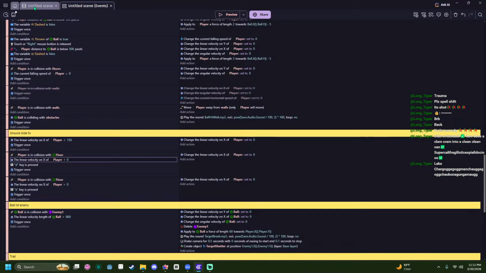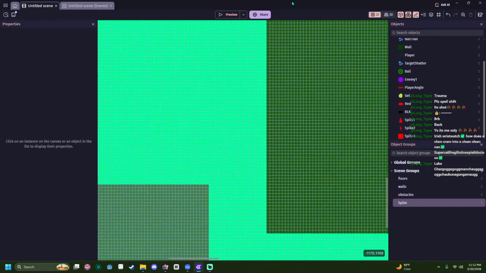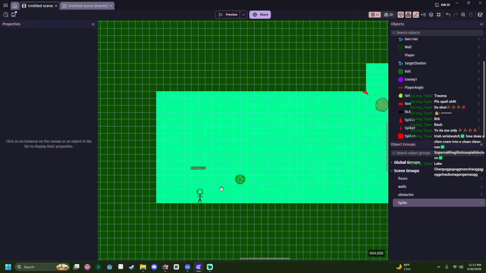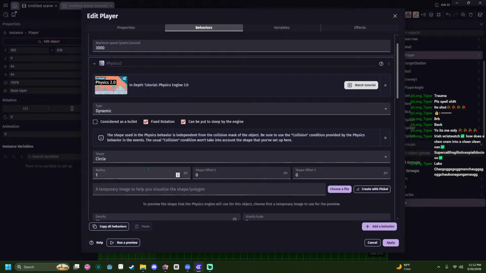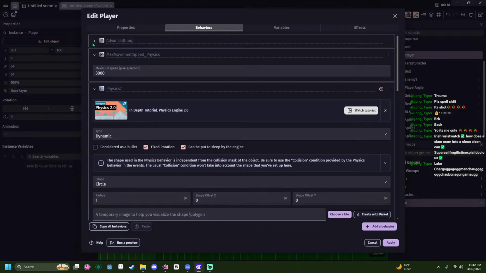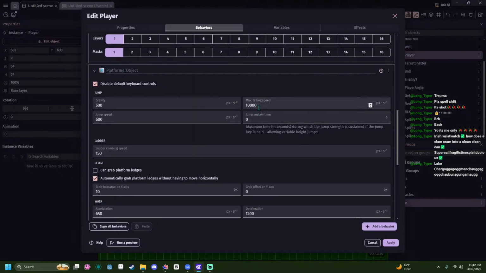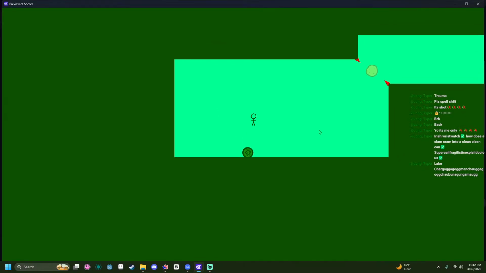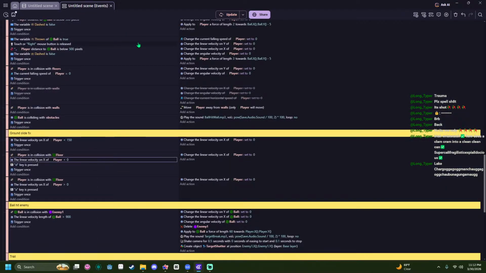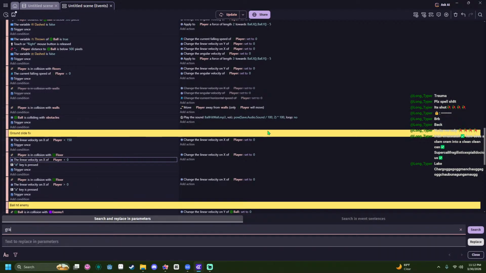I think I want to make the fall speed faster. I made it a bit too floaty. Make gravity like 800 by default. We need to change all of them that say gravity. What?